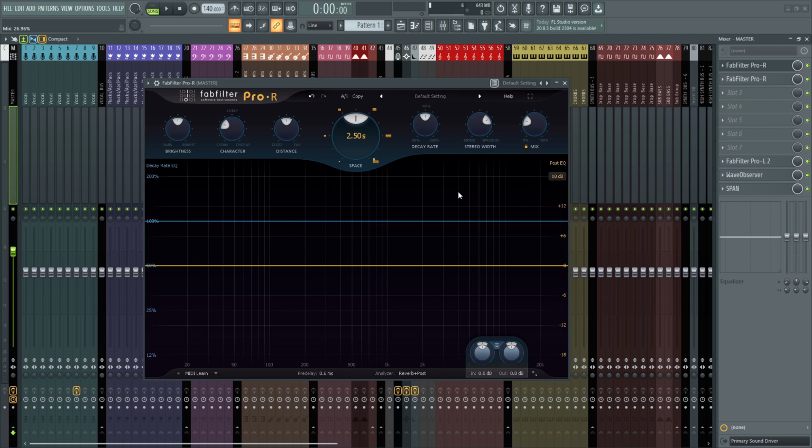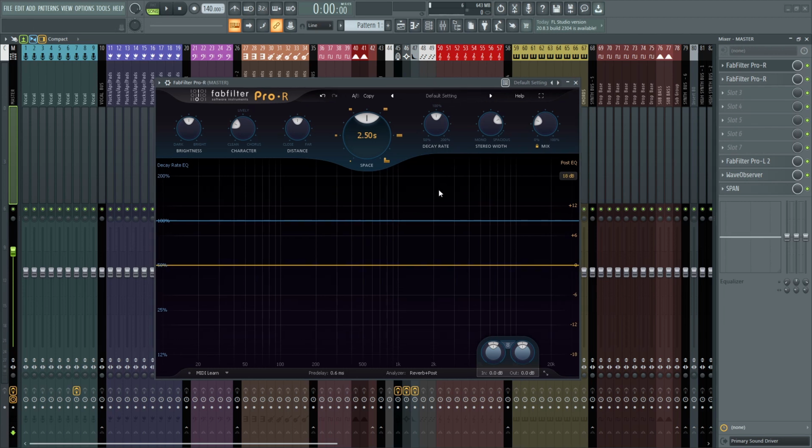So the mistake is that people use excessive reverb on almost everything. So I would suggest you shouldn't do that, and always adjust the dry and the wet mix level to the point where you can have the best effect out of your reverb and also preserve the original sound.